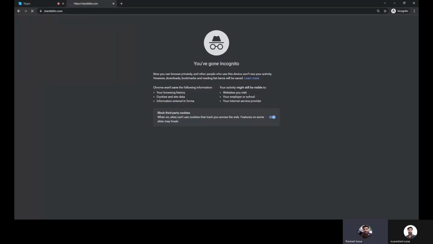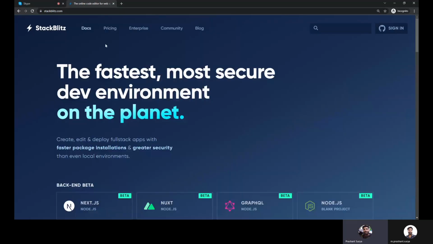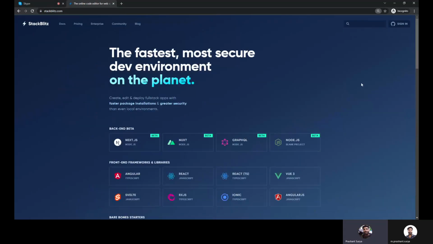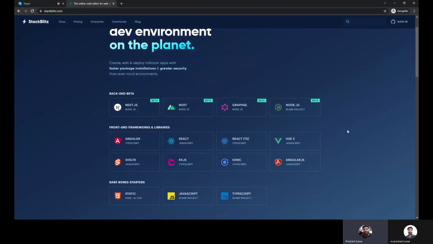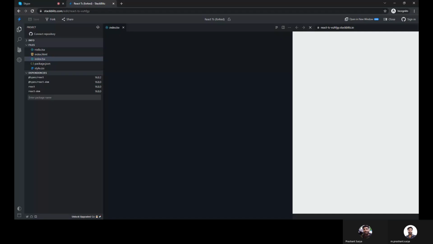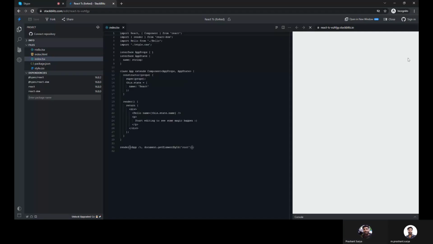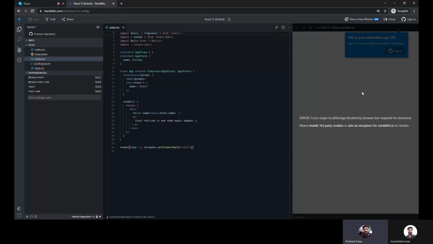So we open the tablet for the demo. Here you can see we will start React with TypeScript. Basically, I will zoom it.